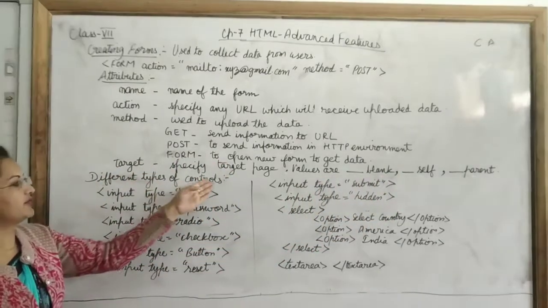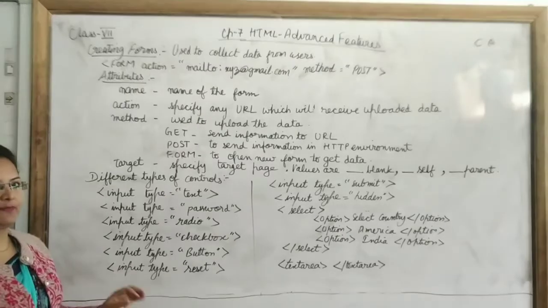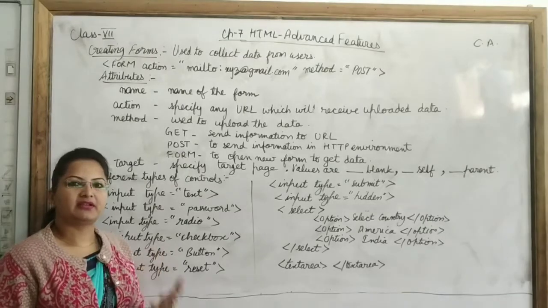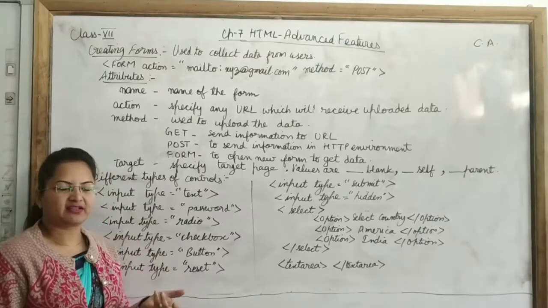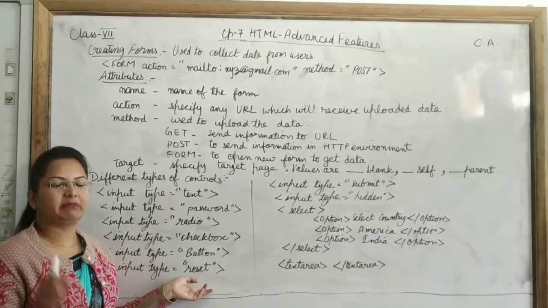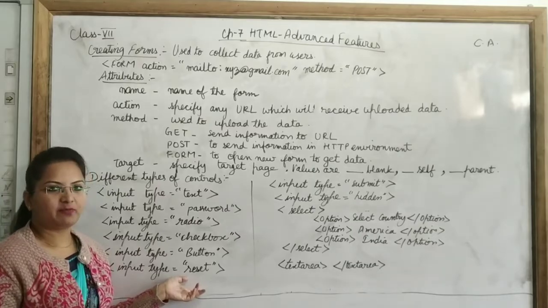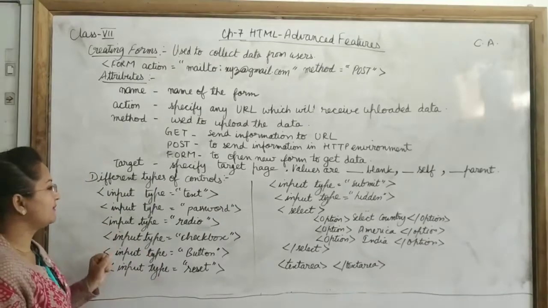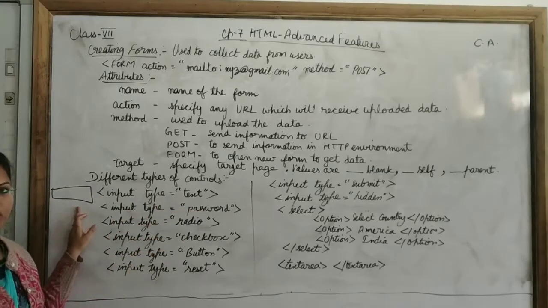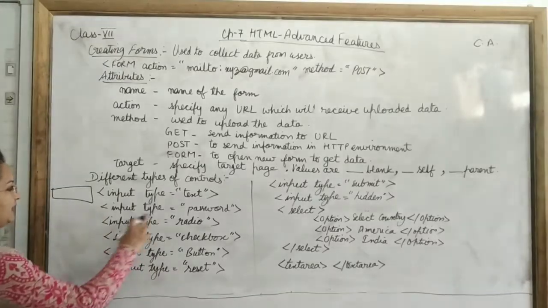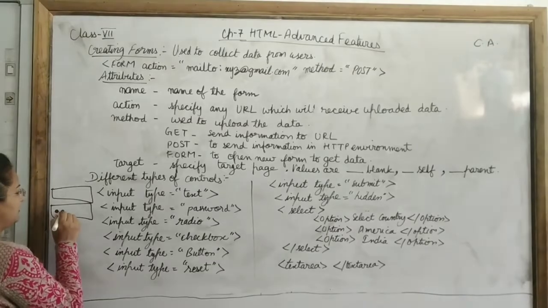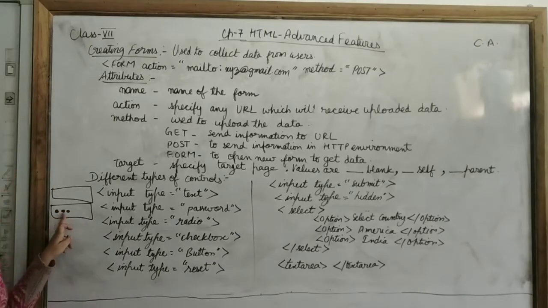Now students, these are different types of controls. I have given you examples of text boxes, passwords and email addresses, then radio buttons, check boxes, etc. Now how we can put those text fields, password fields or email field or text area or a select box, etc. in the form. These are some controls. If we write input type text, we will be able to see this text box in the form. Then password, if we write this, then the password will be hidden. If we type something in it, we will see something like this.